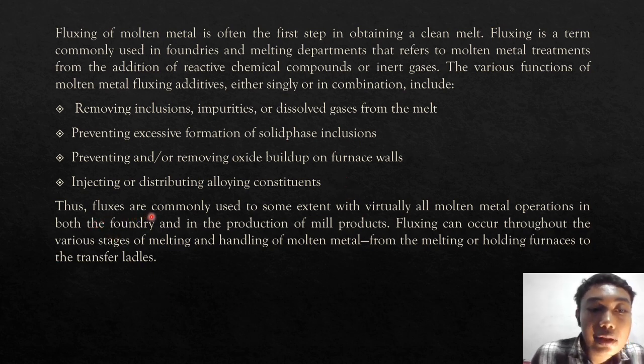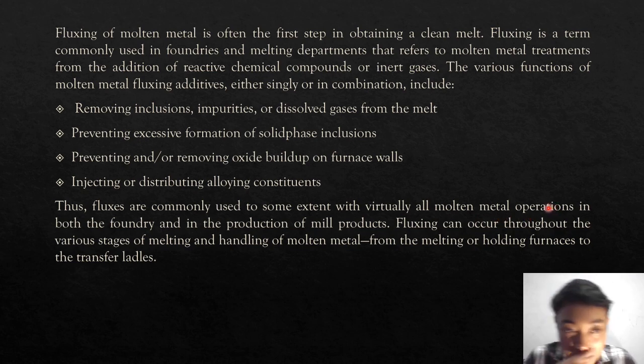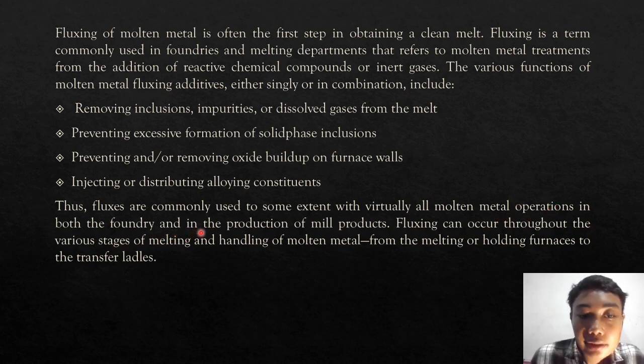Thus, fluxes are commonly used to some extent with virtually all molten metal operations, both in the foundry and in the production of mill products. Fluxing can occur throughout the various stages of melting and handling of molten metal, from the melting or holding furnace to the transfer ladle. Next,